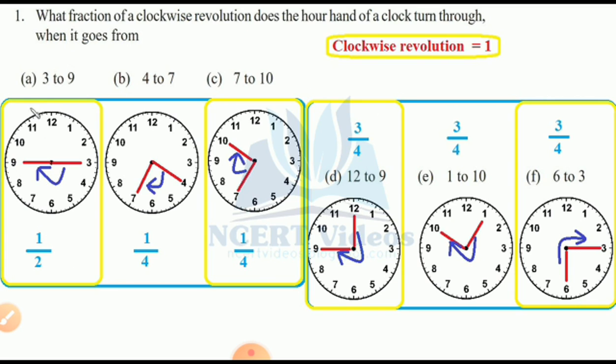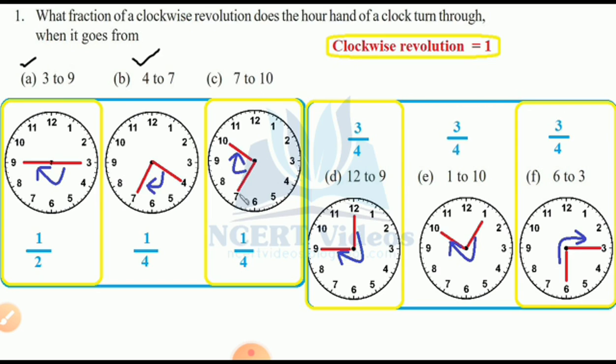revolution. So here 3 to 9. Our hand is moving from 3 to 9. That means a half revolution, 1 by 2. Second one, 4 to 7. It is moving through 3, 4, 5, 6 and 7. So 3 numbers we are moving. That is 1 by 4, 90 degrees. In the first, 180 degrees. Now 7 to 10, it is also 3 numbers. So 3 numbers means 1 by 4. That is 90 degrees, 1/4 revolution. So 4 times 1 by 4 makes 1 revolution, and 2 half revolutions make a complete revolution.